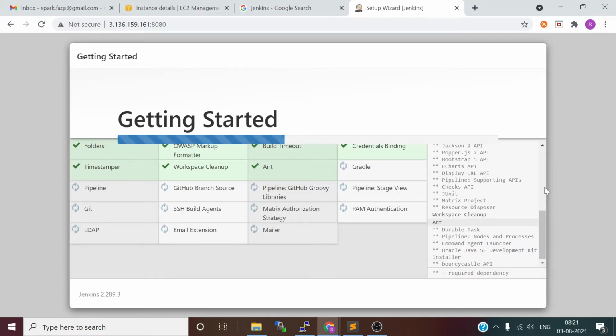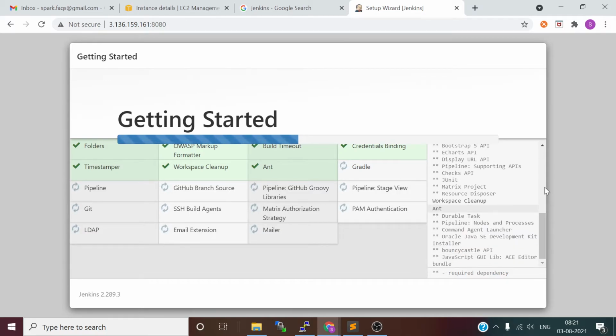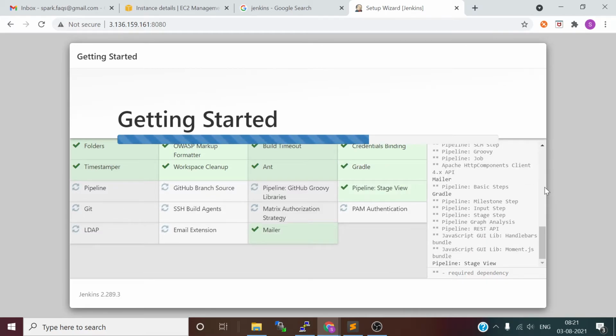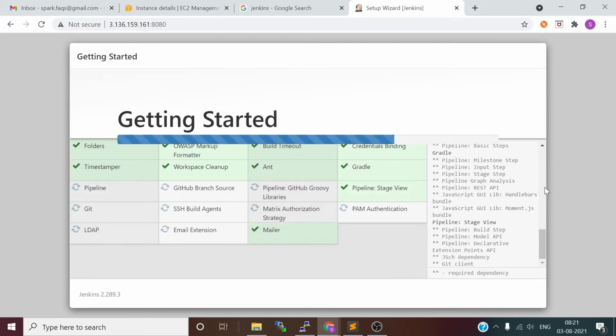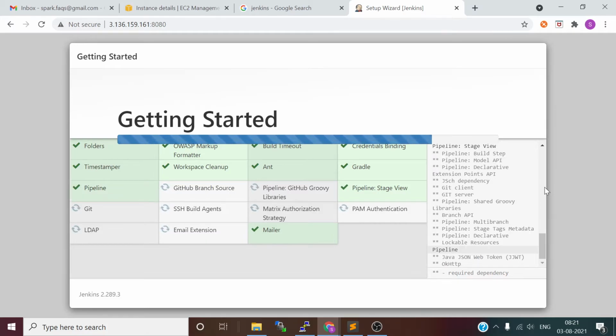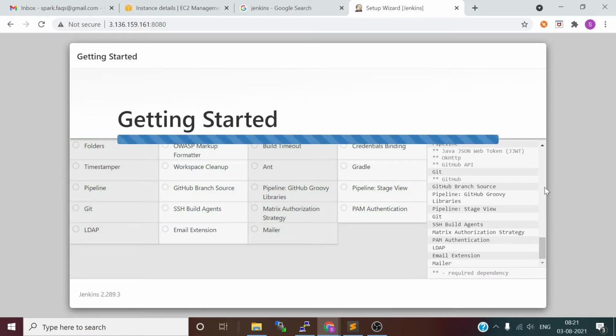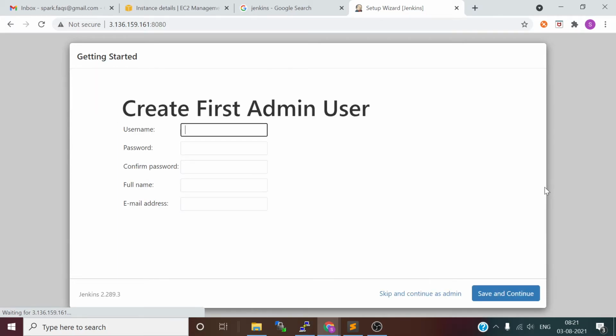It has to connect to various tools to build deployment pipelines. Say it has to talk to GitHub, to Gradle, Ant and Maven like build tools, and there are so many tools it has to integrate with. For that we need connectors, and that's what plugins are.